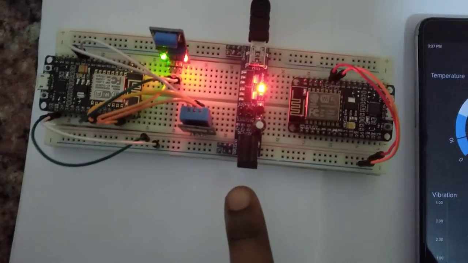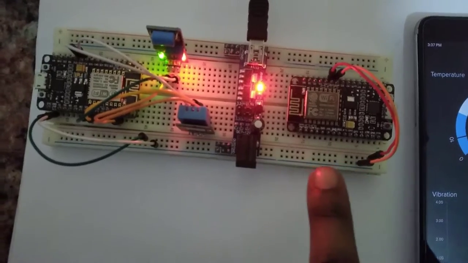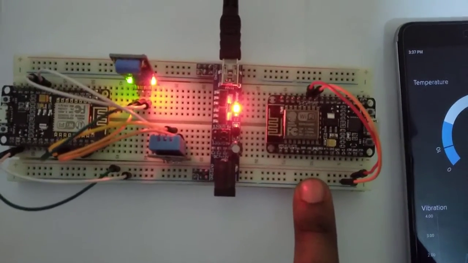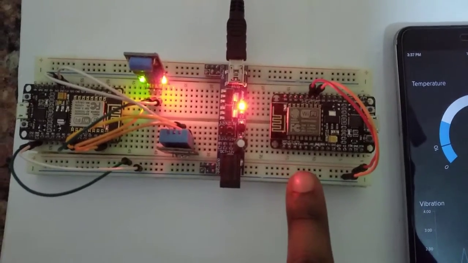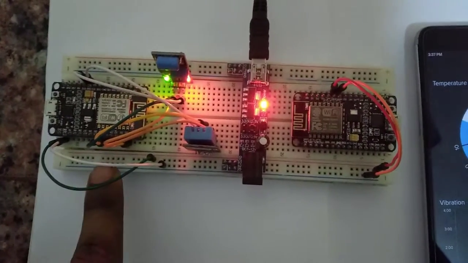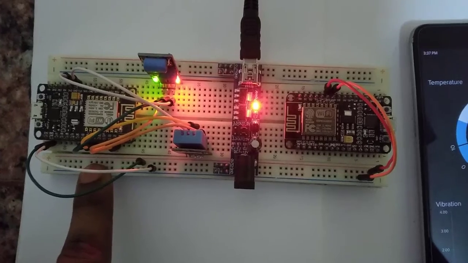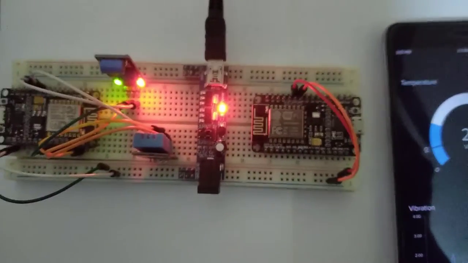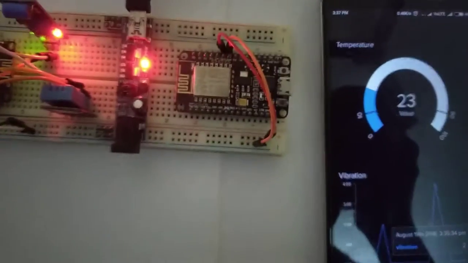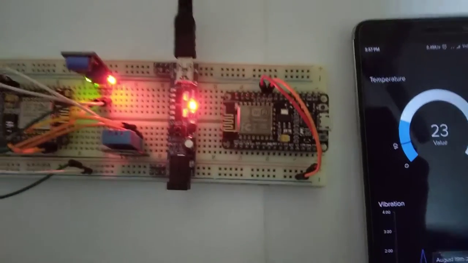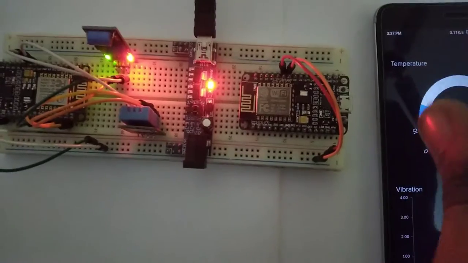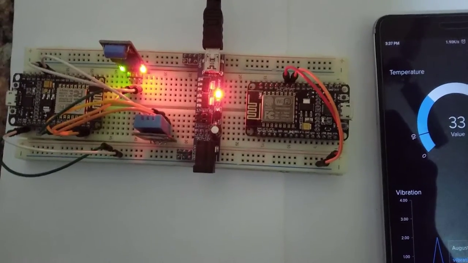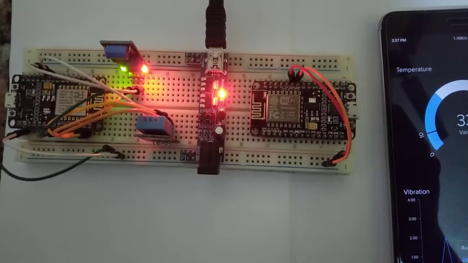This is powered by a common supply, it should be, but this board is running your message reception code and taking a trigger action, and this is trying to send you only temperature, humidity and vibration data. Now I can generate different kinds of applications from this. Like if my temperature in my home is more than 20 degrees, I should automatically trigger an action of switching on an AC. So such kinds of operations we can perform.